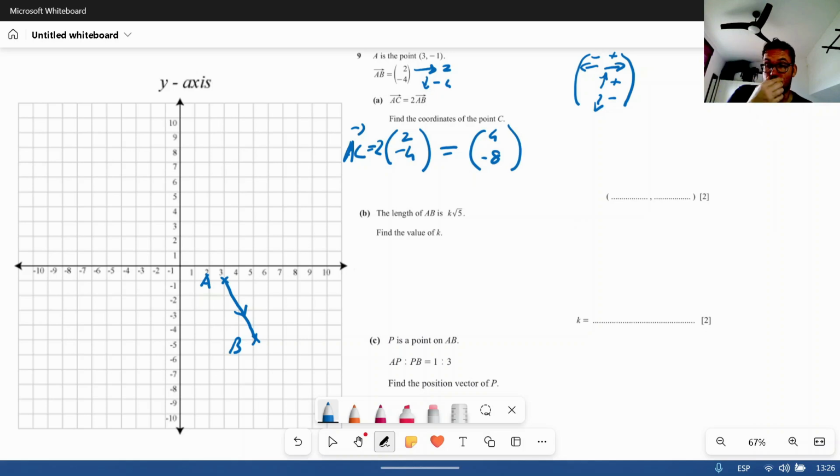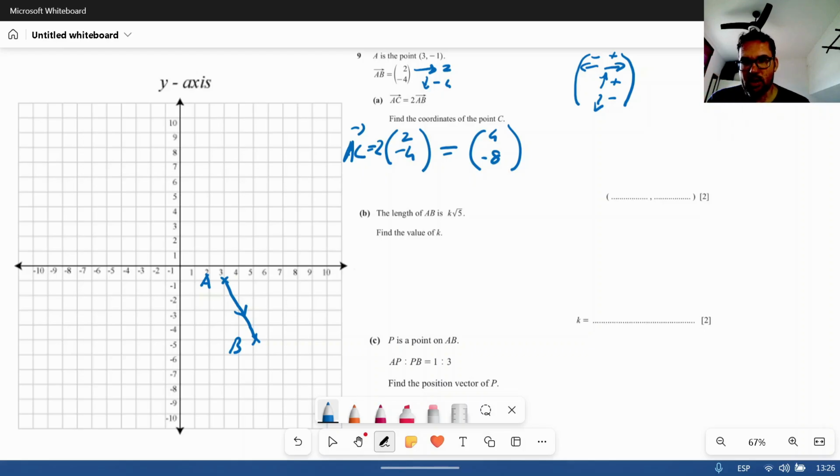Okay, so that means instead of going 2 spaces to the left and 4 spaces down, we go 4 spaces to the right and 8 spaces down. Okay, another way to do this without the sketch is to recognize that